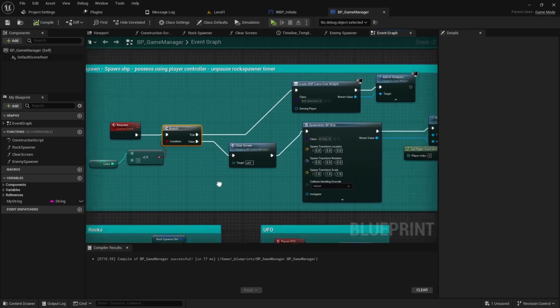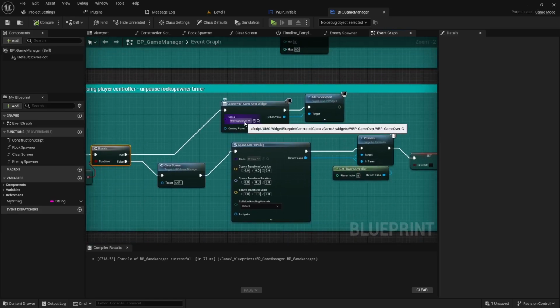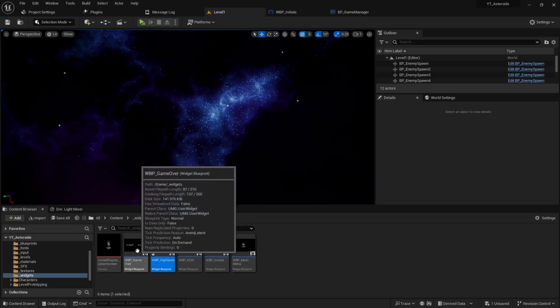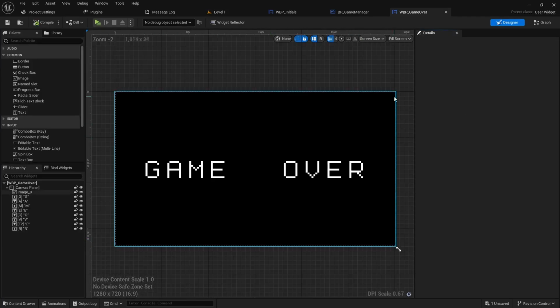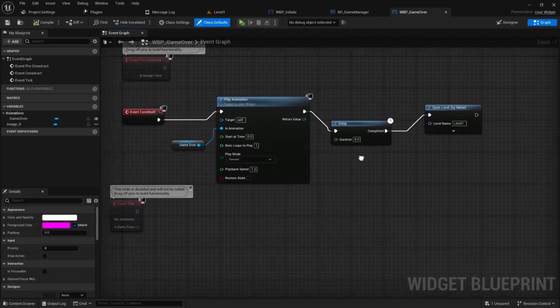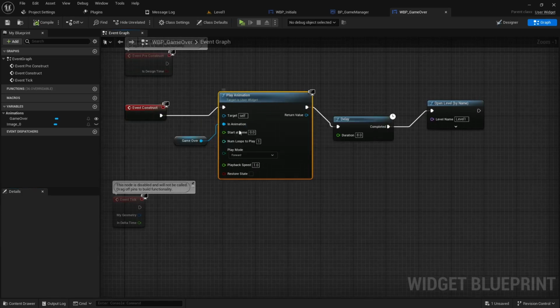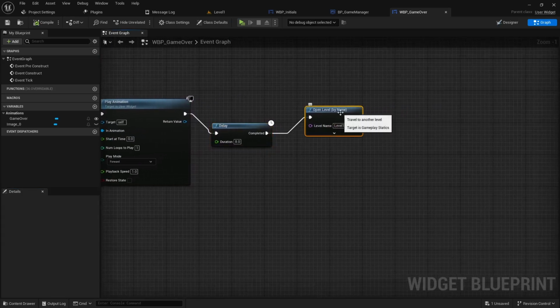If lives is less than 0, it creates the game over widget. So let's take a look at the game over widget and see what that's doing. The game over widget plays the animation of this widget, and then it waits 8 seconds, and then it reopens level 1. So instead of reopening level 1, let's delete that, and we will instead